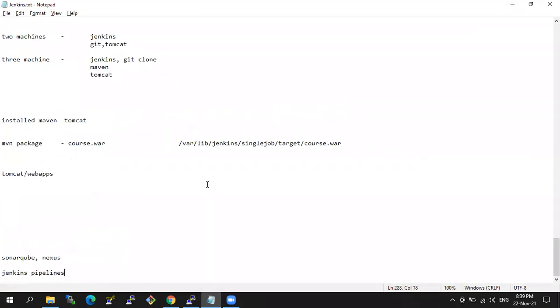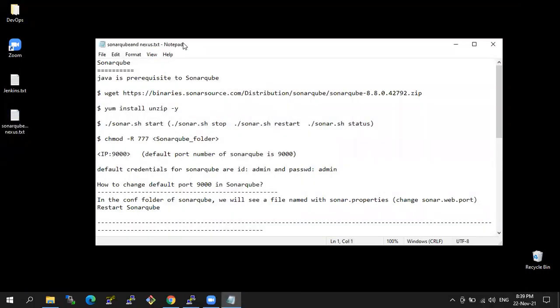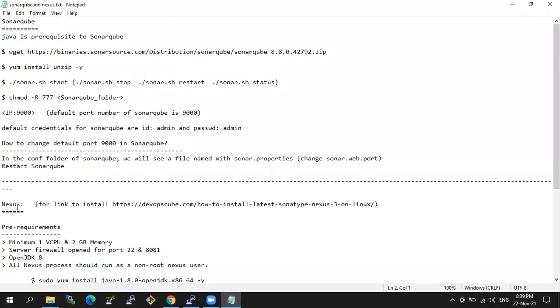So in today's class, I'm going to explain two things. One is Sonarqube, another one is Nexus. Sonarqube is a tool which is used to identify the errors, bugs, we can call vulnerabilities. This is a tool which can identify errors or bugs or vulnerabilities or code smells or duplicates, anything